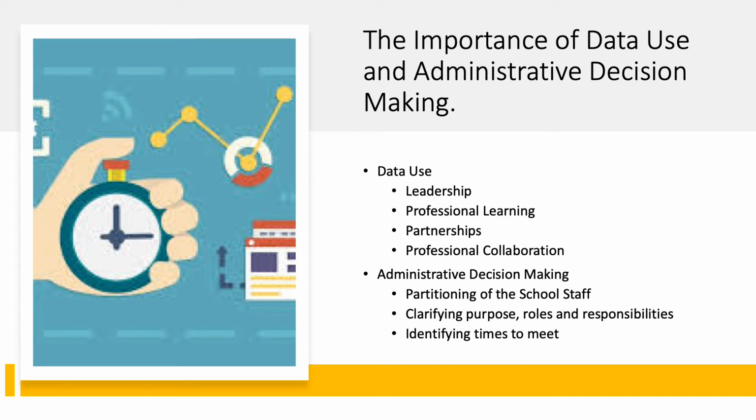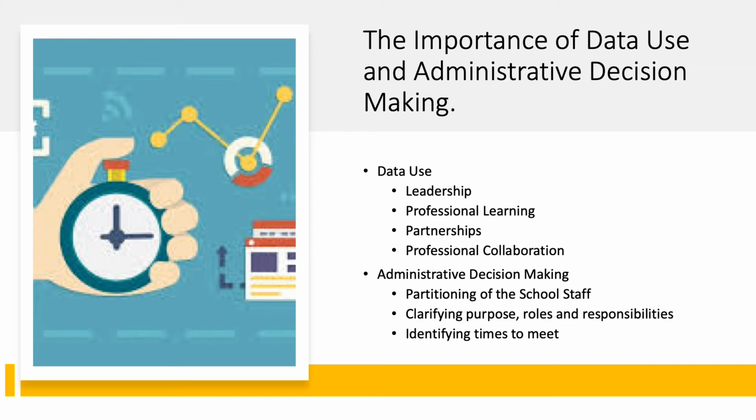There are 4 elements that are essential to data use and continuous school improvement: leadership, professional learning, partnerships, and professional collaboration. With committed data use and these essential mediums, schools can create decision-making structures, ensure ongoing professional development, foster educational partnerships with stakeholders, and garner professional collaboration. When an organization employs data use and these 4 essential elements, the organization can answer the question, how are we going to get to where we want to be?